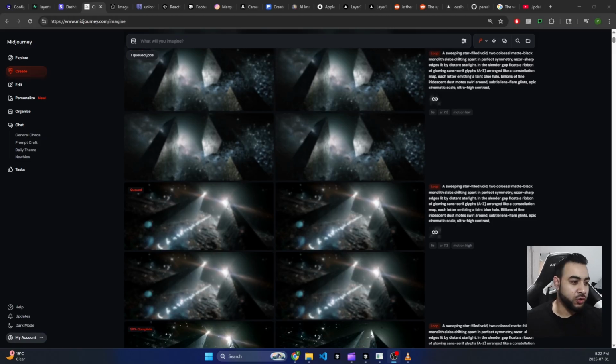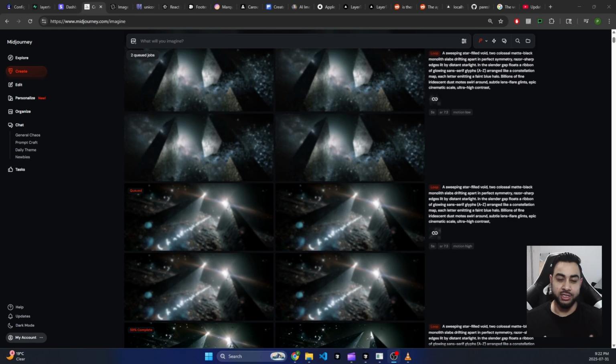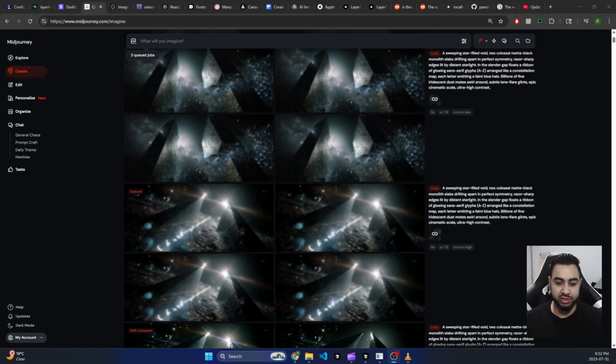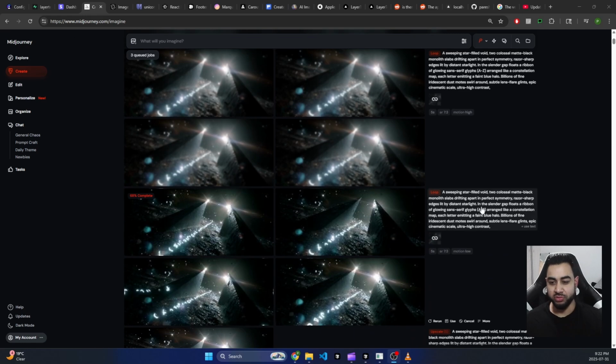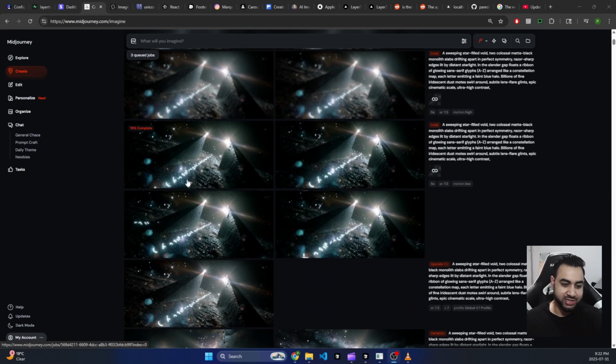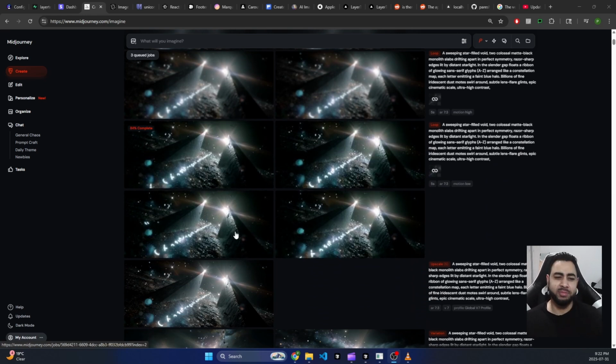Alright guys, so we're gonna look at how to actually create a hero page for our application really quickly. I'm gonna do this very fast to show you guys. So right now I'm creating an image in Midjourney. I'm just doing it all very quick. I'm just creating two walls and kind of text going in between it. It might be overkill, but we're just gonna have fun, and I'm just gonna show you the whole